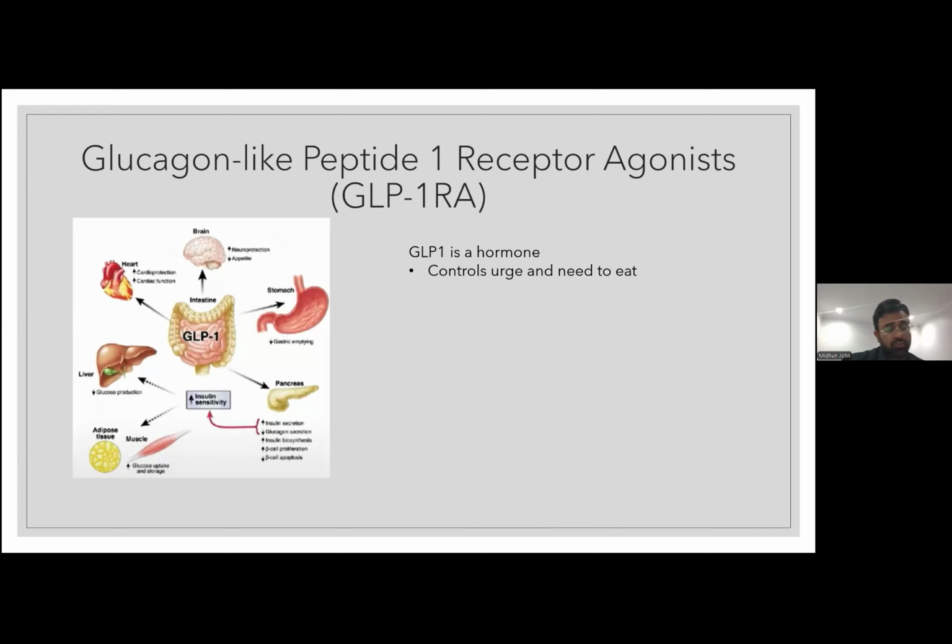So when you eat, it signals that you're full, and then you obviously don't eat anymore. It's got beneficial metabolic effects as a result. And there are multiple long-term randomized controlled trials that show a reduction in cardiac outcomes and mortality. But in our particular situation,